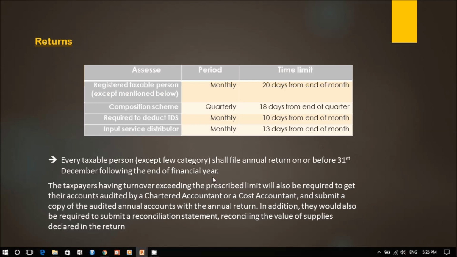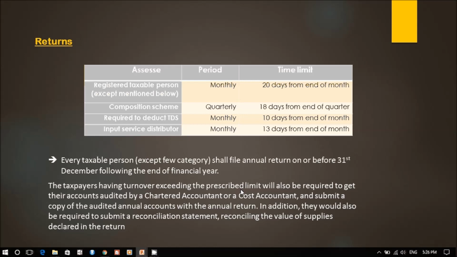the end of the financial year. The taxpayers having turnover exceeding the prescribed limit will also be required to get their accounts audited by the chartered accountant or the cost accountant. There is a role of the chartered accountant or the cost accountant. If the turnover exceeds a prescribed limit, they are required to get their accounts audited by the cost accountant or the chartered accountant, and submit a copy of the audited annual accounts with the annual return